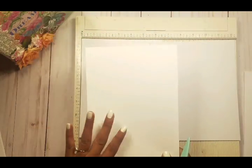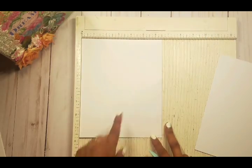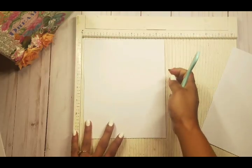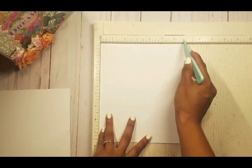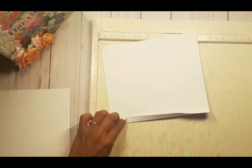So for the next page, we're going to cut 2 pieces of heavyweight cardstock. The first one is going to be 6.5 by 7 3/4, and the second one is going to be 6 3/4 by 7 3/4. So I'm going to start by scoring the 6.5 inch side at 1/2 inch, and now I'm going to use my second sheet and score 1/2 inch on the 6 3/4 inch side. Okay, so this one is a little bit bigger, and I'm going to fold along the score lines on both of these,